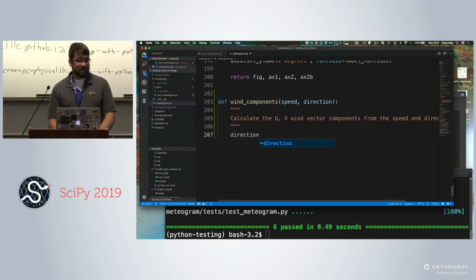And you could specify in there, do you expect the wind direction in radians or in degrees? I would expect to give this function wind direction in degrees, since I have never seen a weather report that says wind of pi over 2 radians today. So I'm going to go ahead and make my direction input radians.